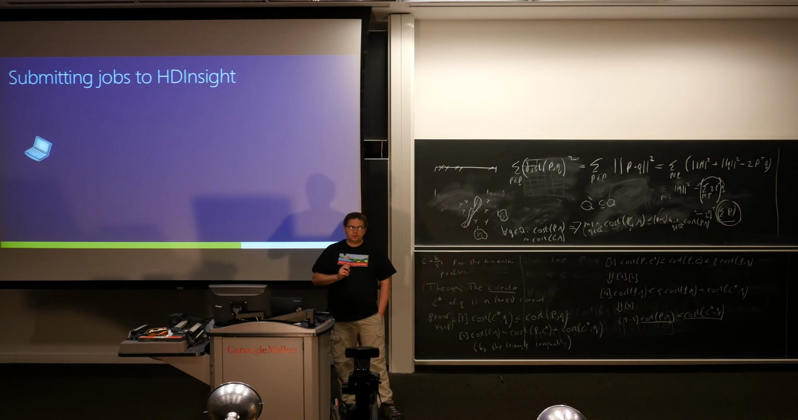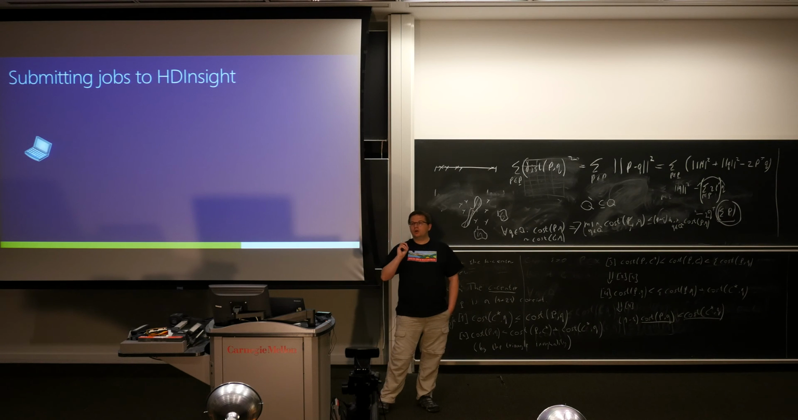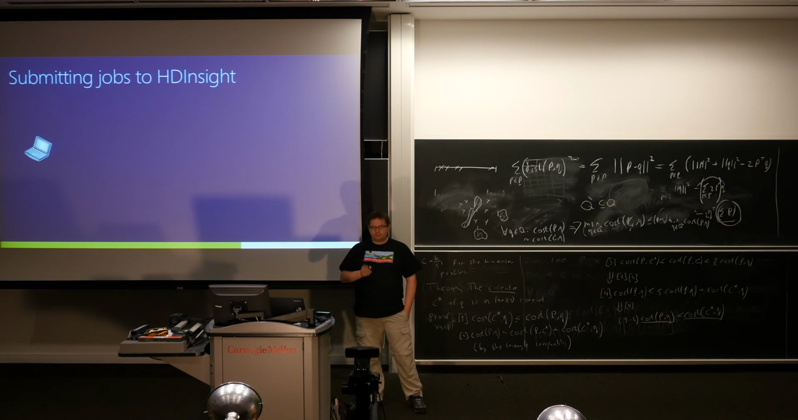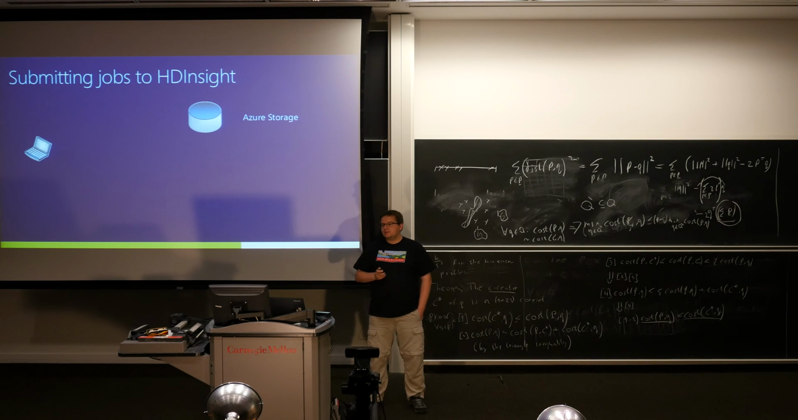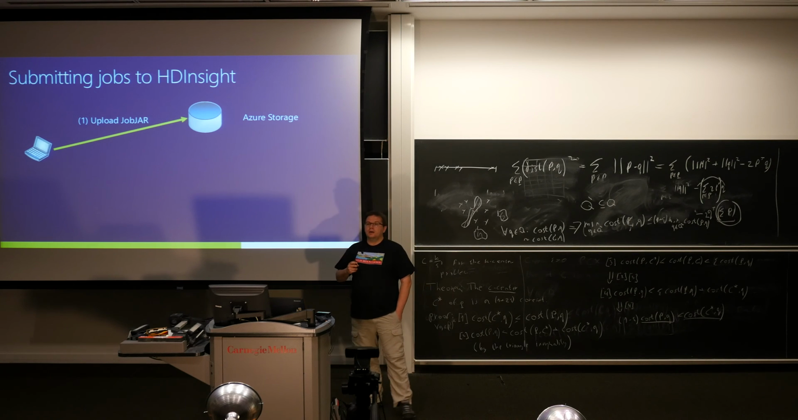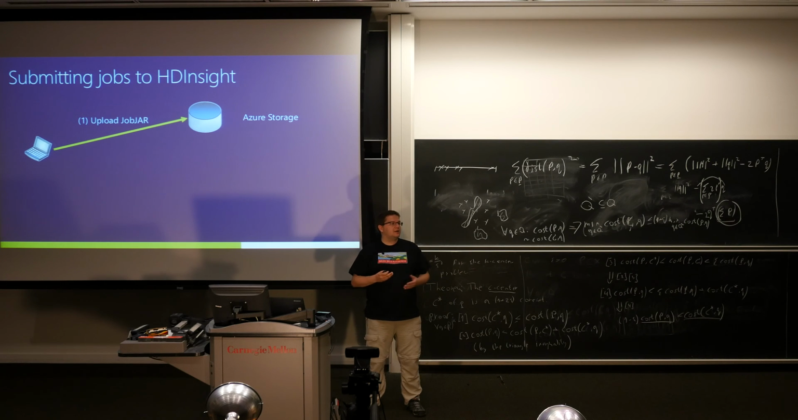When you submit a job to HDInsight, this has two steps. They are both done by the code that we are about to run, but it's important to understand that both of these happen. The first step is that we upload what we call the job jar to Azure storage in the cloud. That is, the code that you want to run is uploaded to some storage device in the cloud from where it can be accessed